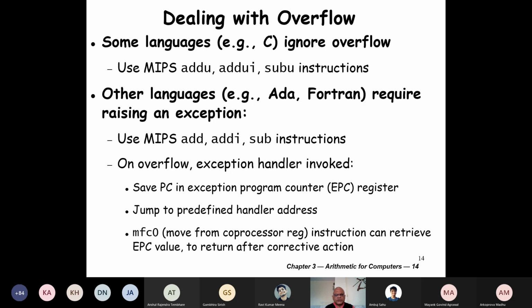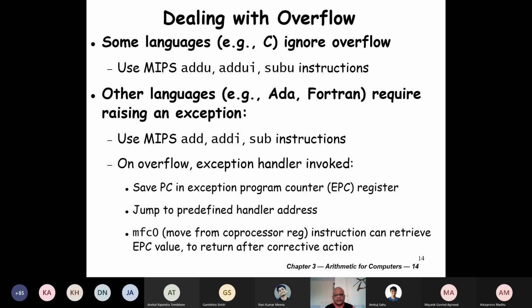And once an exception occurs, we have to save the program counter value in the exception program counter and jump to a predefined handler address. And then once it is handled, we move back to the last program counter by writing this assembly instruction, move from coprocessor register.